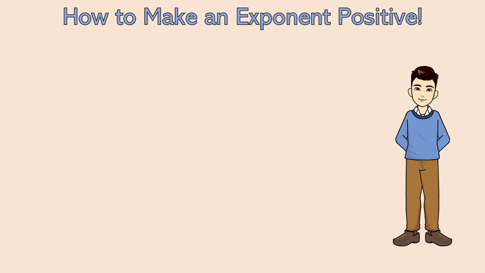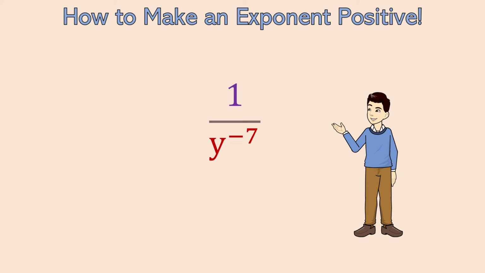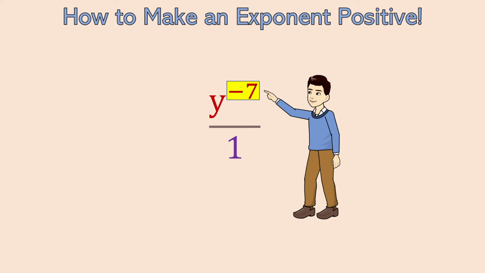For another example, let's say that you were given a number with a negative exponent, but this time it's already at the bottom of the fraction. Once again, let's color code the fraction, take what's on the top of it and move it to the bottom, and take what's at the bottom of it and move it to the top. Once we've made the swap, we can go ahead and take our negative exponent and make it positive.